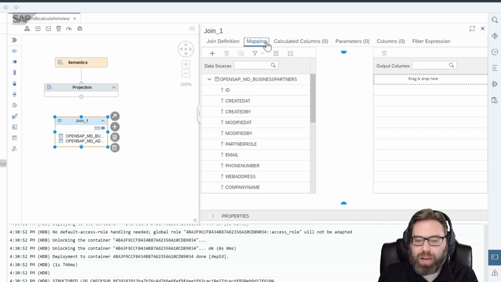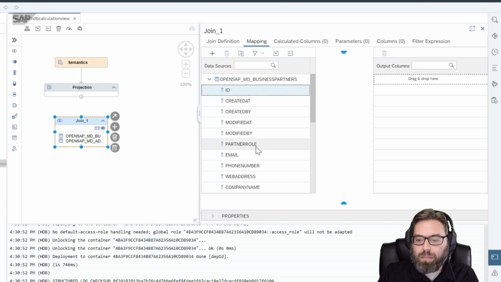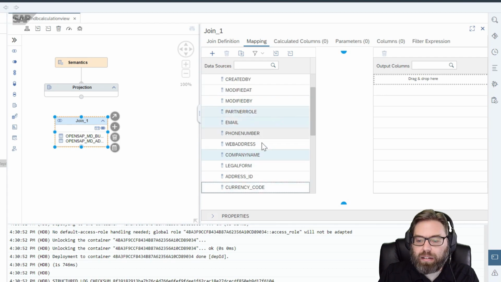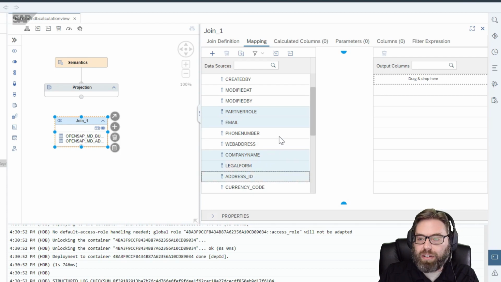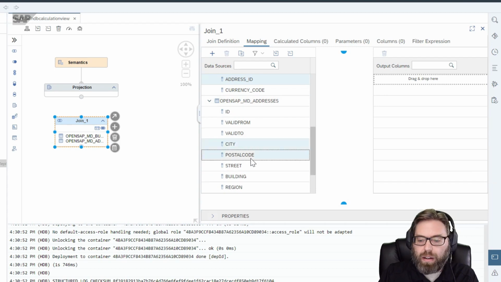And then on our mapping, we choose which columns we want. So we want our business partner ID. We want the partner role, email, company name. Legal form. And address ID. And then from the addresses, we want the city, postal code, street,